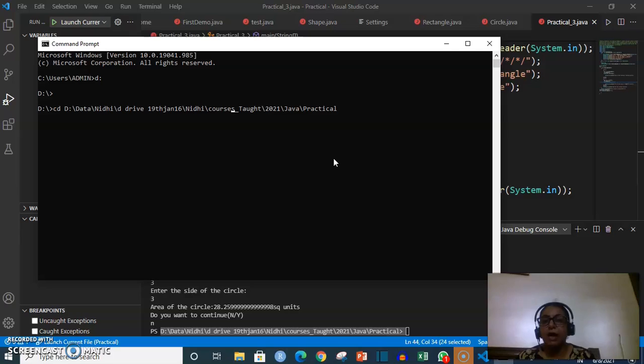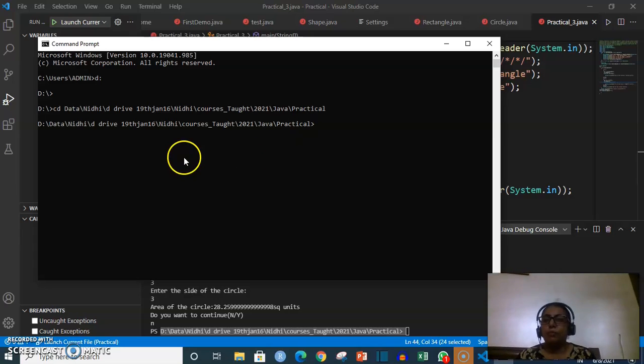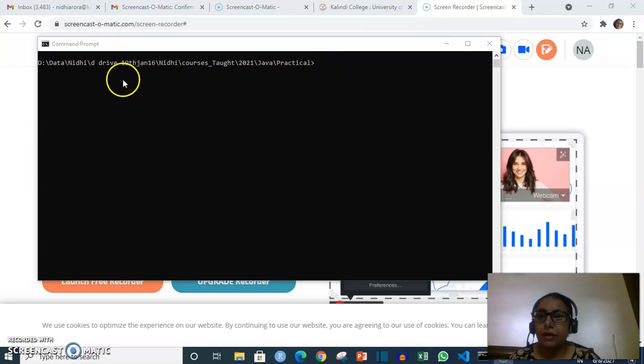Now I'll go back and remove this D drive. Okay, so my path is within D drive. I have to go in data, this particular path. That is the whole thing that I want to go into. That's it. We went into the directory in which our final program is there.